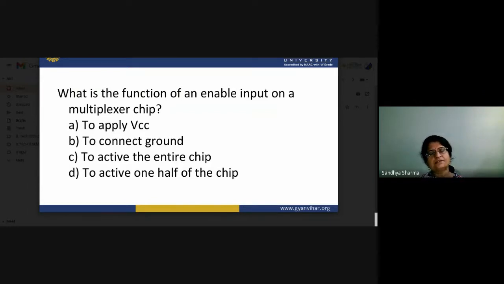In our next topic, we will focus on the sequential circuit. Today we discussed the combinational circuit. In the previous lecture, we also saw some of the combinational circuits: half adder, full adder, and subtractor. So today this topic will be finished, and now we will switch to the sequential. What is the role of a sequential circuit? In a sequential circuit, our output depends not only on the present input, but also on the previous input.